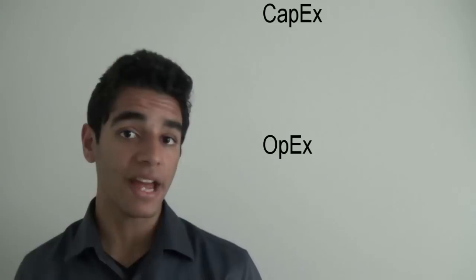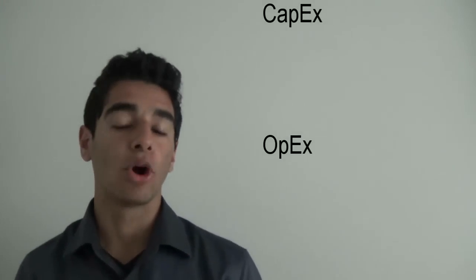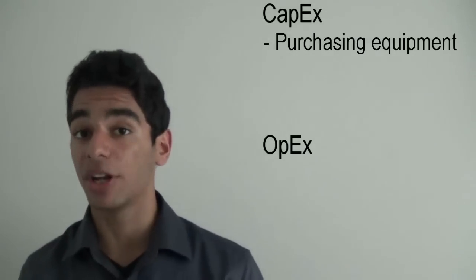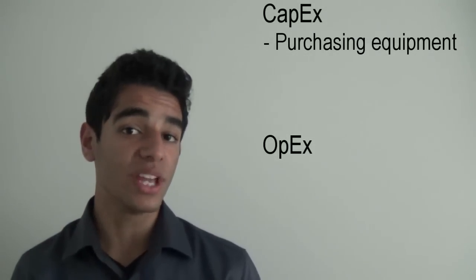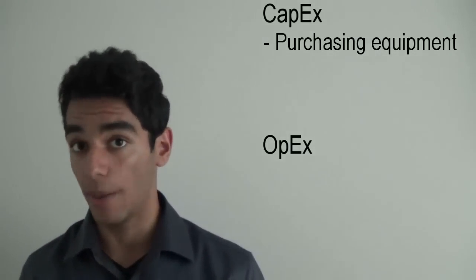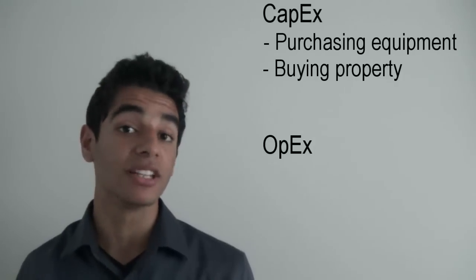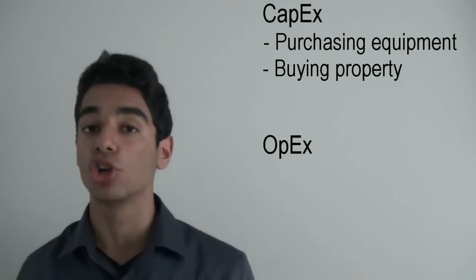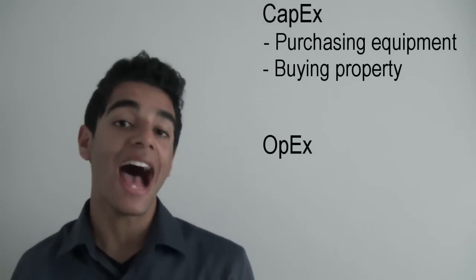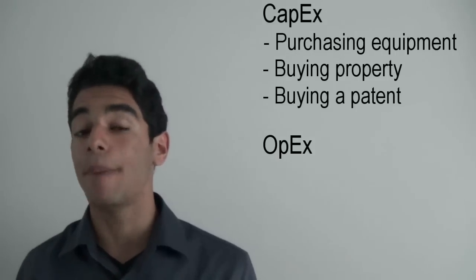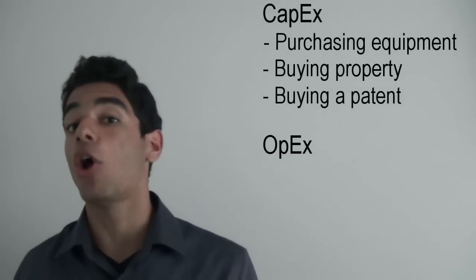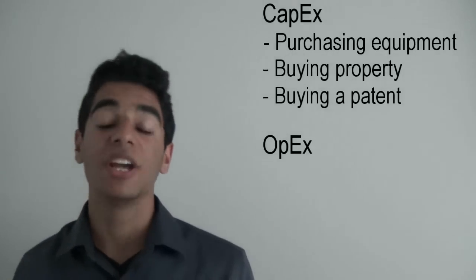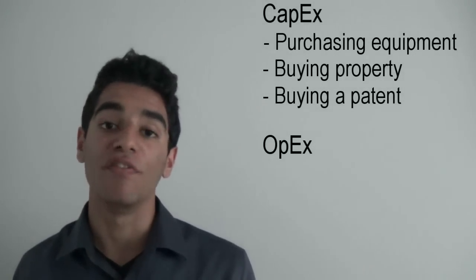Let's look at some expenditures businesses go through and classify them as either CapEx or OpEx. Purchasing equipment is a capital expenditure because doing this adds value to the company. Buying property and building on it is a capital expenditure because it will lead to future benefit and again add value. Buying a patent for an invention is also a capital expenditure because it will benefit you and prevent others